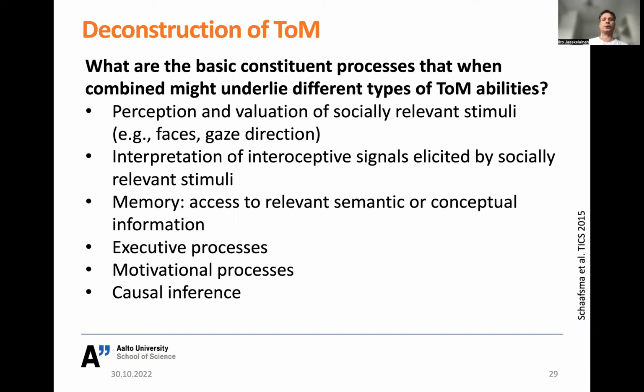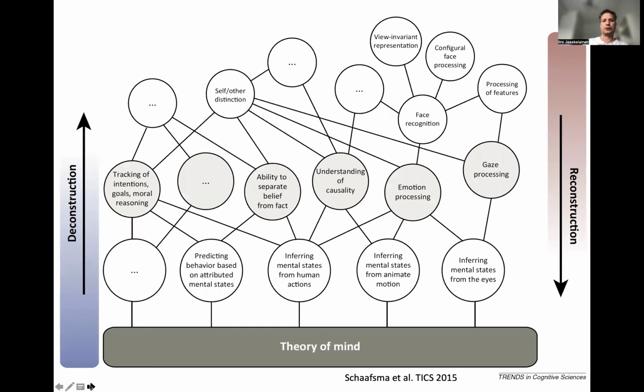So perception and valuation of socially relevant stimuli, for example: what are the faces, what's the gaze direction, interpretation of interoceptive signals elicited by socially relevant stimuli. How do we feel? And this relates to this concept of social marker proposed by Antonio Damasio. And this is memory, access to relevant semantic or conceptual information, executive processes, motivational processes, causal inference processes. And then here you can see a figure from their publication,